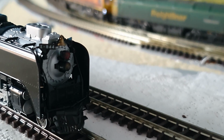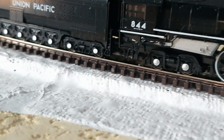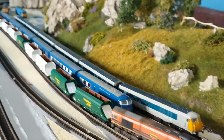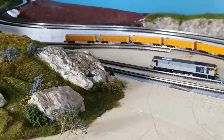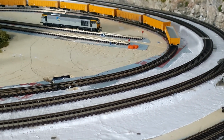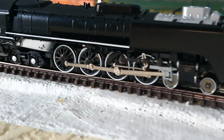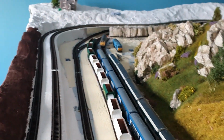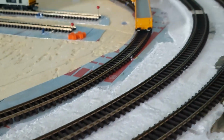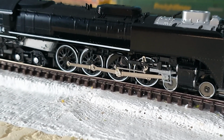One thing I thought may happen, it won't go around Stoney-ole's layout, which is this, because it's twisty and turny and small-ish. It's a great layout, but we had to put tight curves on to get everything in, and this little beauty doesn't like the tight curves up there. It'll go up this one, round the outside and round the first bit, but then it struggles. So we can't actually run it very far, but